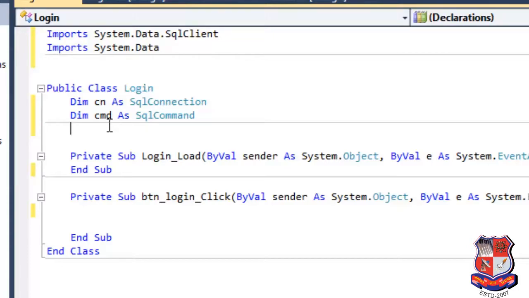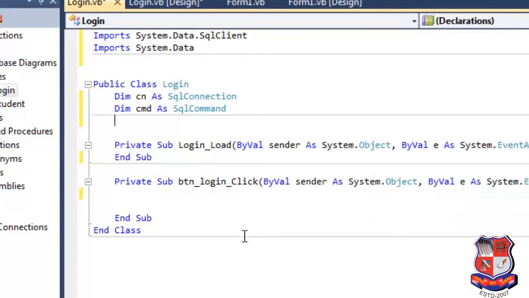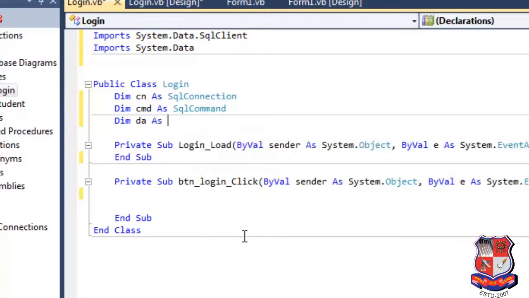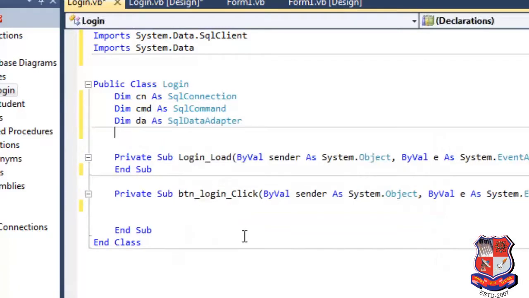We are using this with data set. For accessing data set we must use a data adapter. Without data adapter we can't communicate with data set, so we have to create one object for data adapter: dim da as SqlDataAdapter.